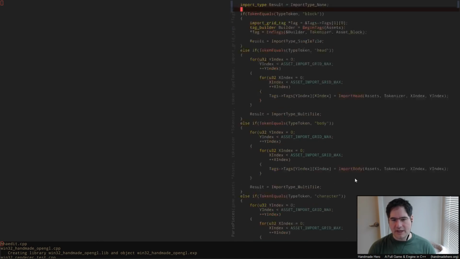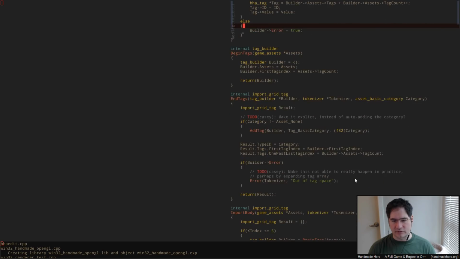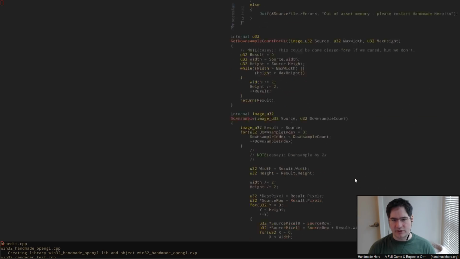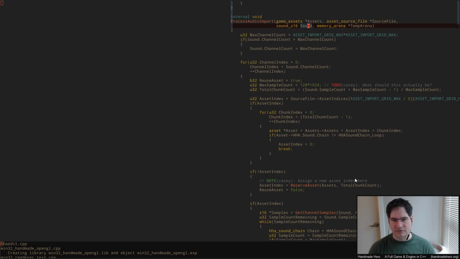Now, if you look at how we were parsing those, it would probably be process audio import, I think, which is right here. You can see us look at what the max channel count is, and it's the size of that grid. And when we go through and import these, you can see that for every channel that we were going to import, we assign that